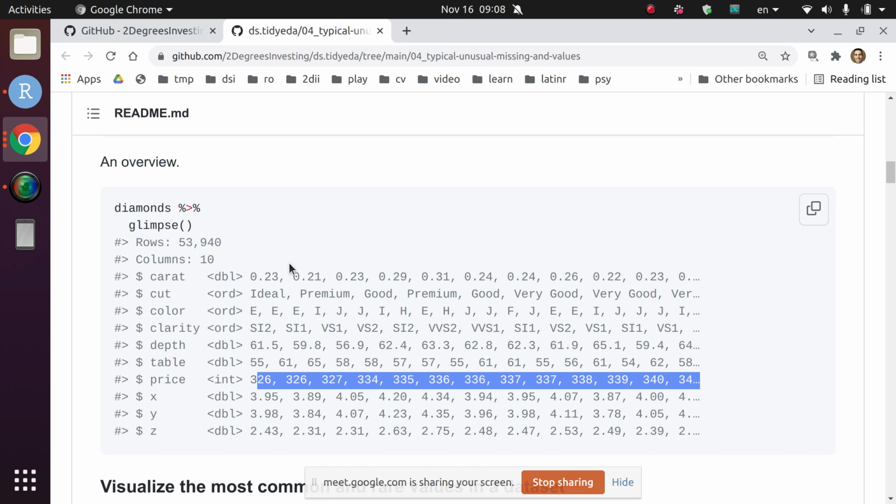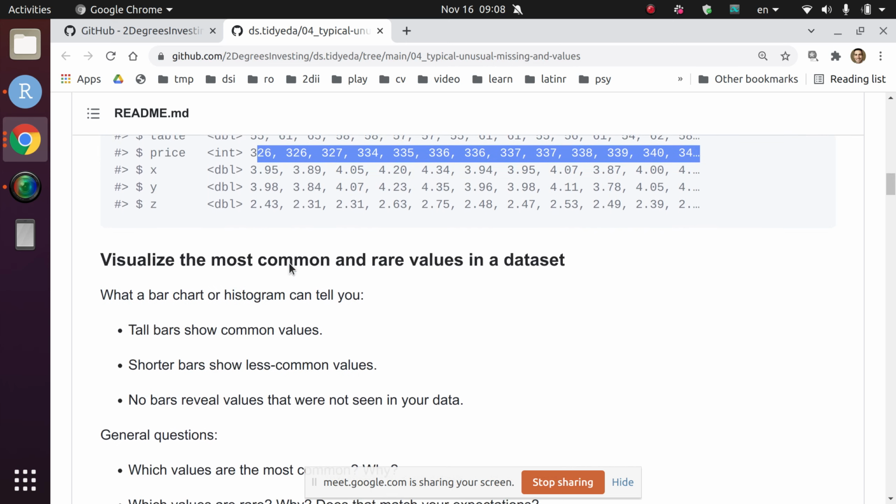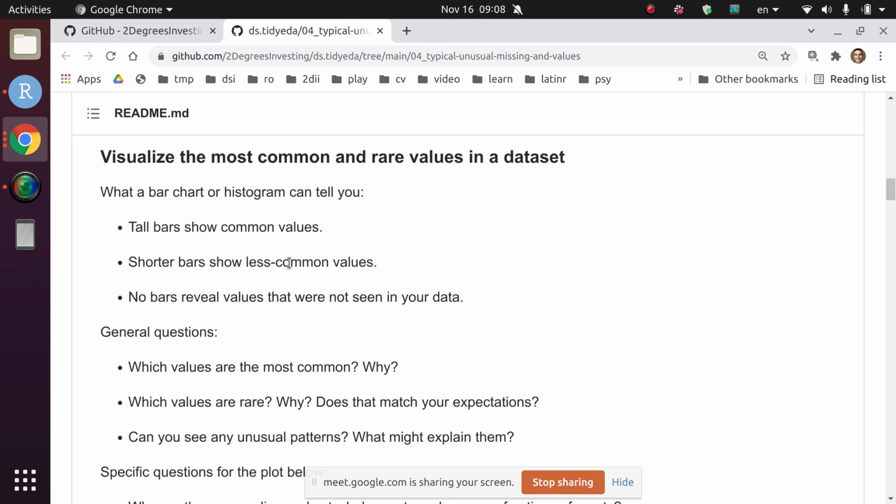So that's a cool function to be aware of as a way to start gathering some very basic information about your data and start prompting your brain with the questions that will drive your exploratory data analysis, which is the point. So let's start with this idea of trying to understand the most common and the most rare values